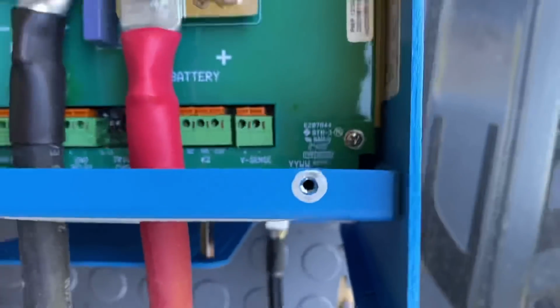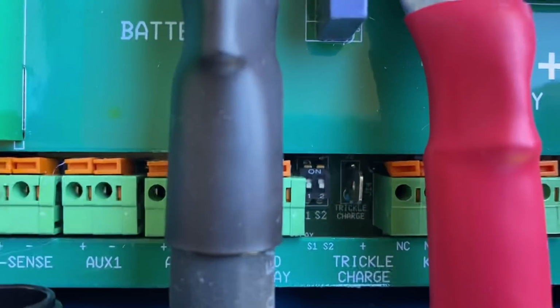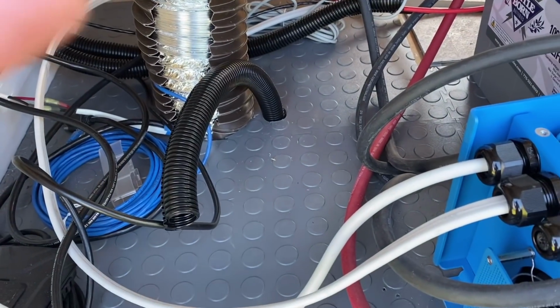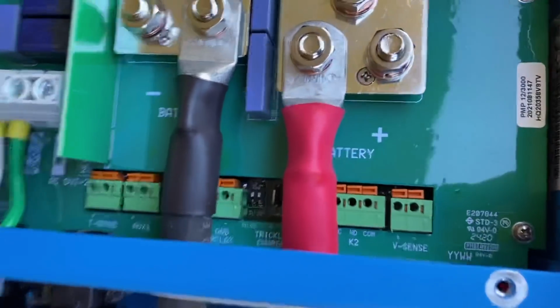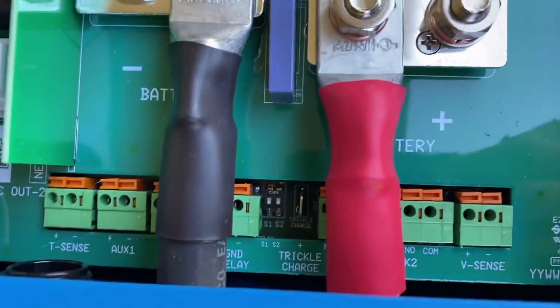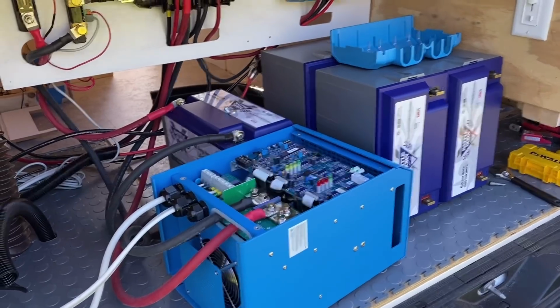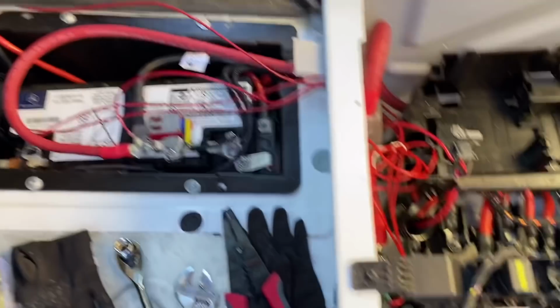This gets connected here. This is optional, but it's something that was recommended to us and something that I am excited to include. It gets connected to the inverter. We'll run it through the conduit, down and out, and connect to our starter battery, the positive there. What this does is trickle charge our starter battery from our solar or shore power if we're plugged in, once our batteries here are fully charged. We've got our end of the trickle charge hooked up to the positive here, and we are pretty well set,